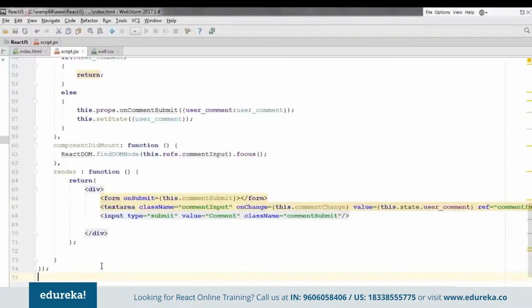Okay, so we are done with our second component as well. Now let's move on to our third component, that is, let me say, comment grid. This component will be taking the comments and linking them to a particular user. I have specified 4 users in my PHP files. Whichever user adds the comment, it will take the comment and integrate it